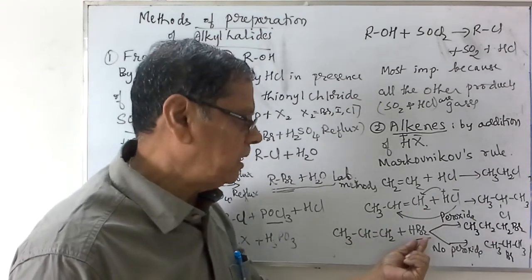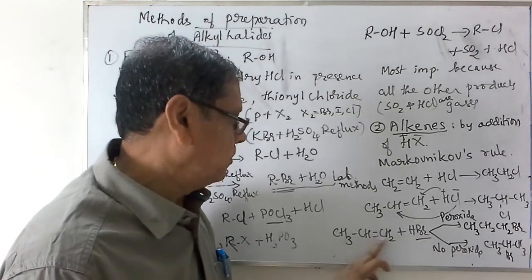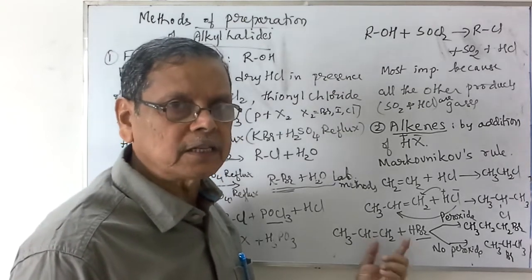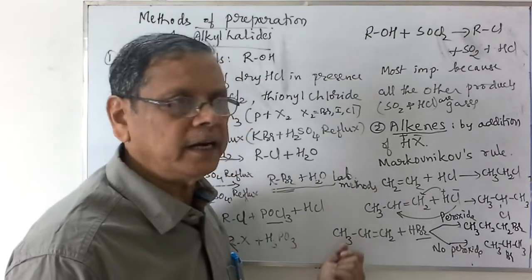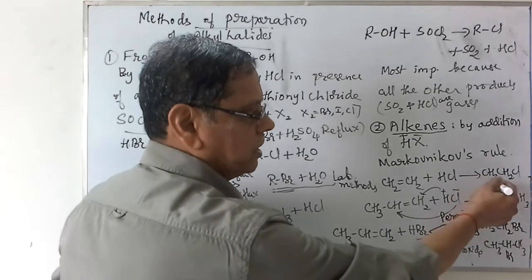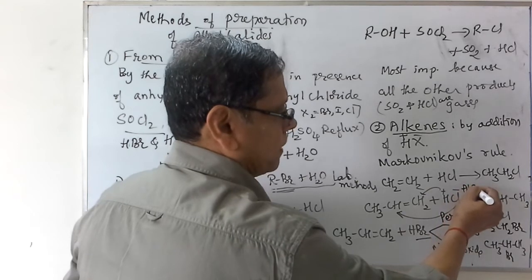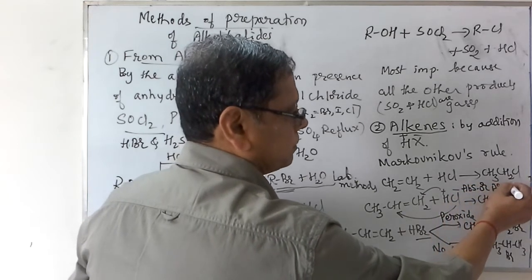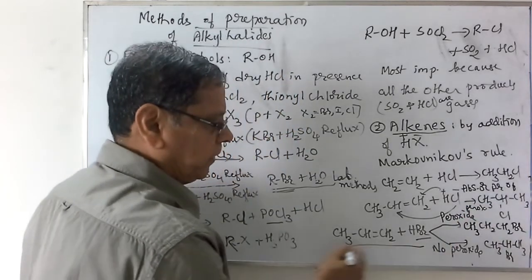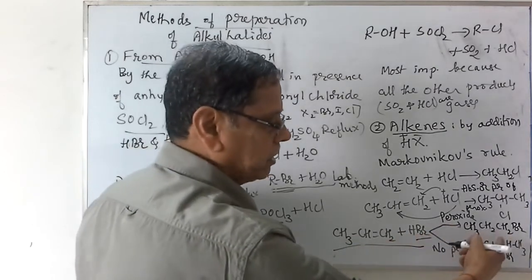It is explained by considering the hydrogen bromide dissociation energy and the carbon-carbon bond energy. Only these two are matched in case of the hydrogen bromide. But HCl and HI, whether in presence or absence of the peroxide, give rise to the same product. So here we can write absence or presence of peroxide, the product is the same.